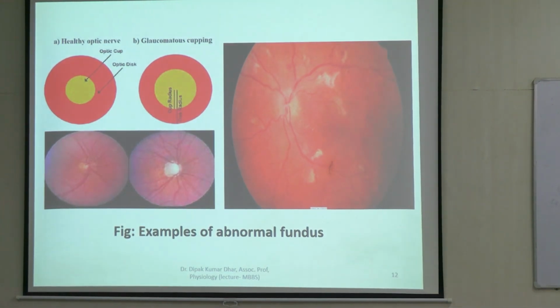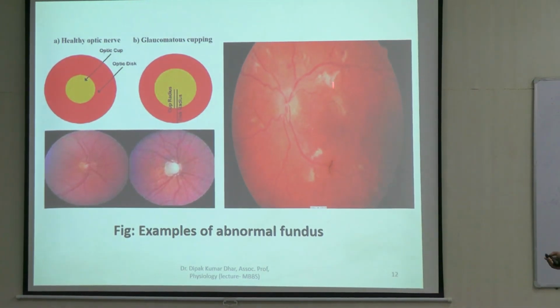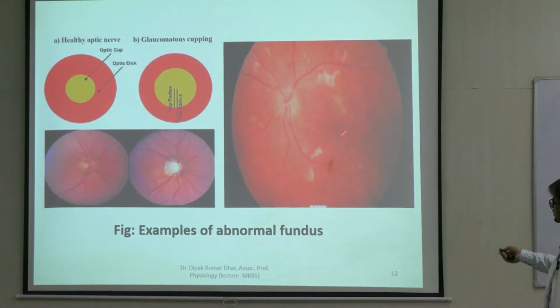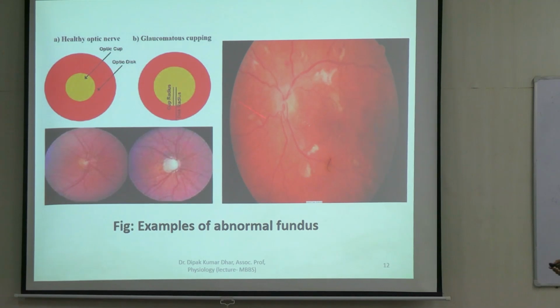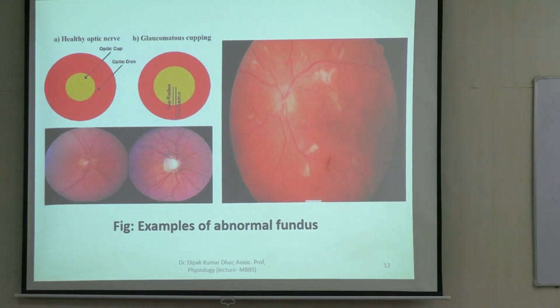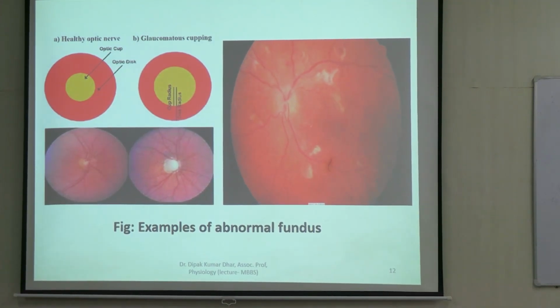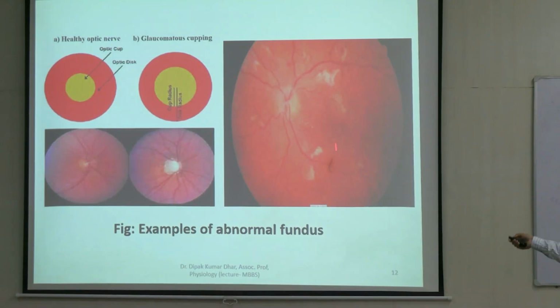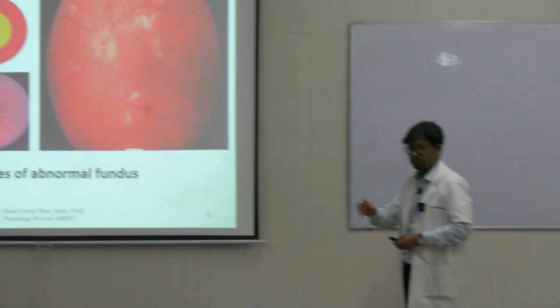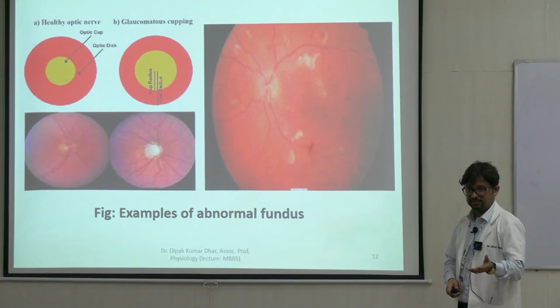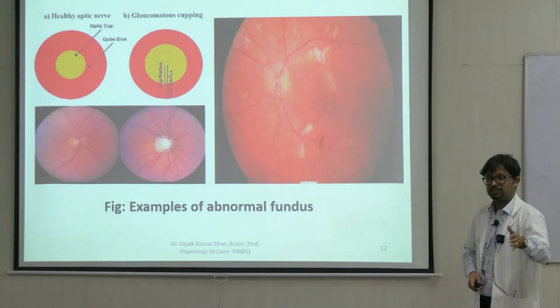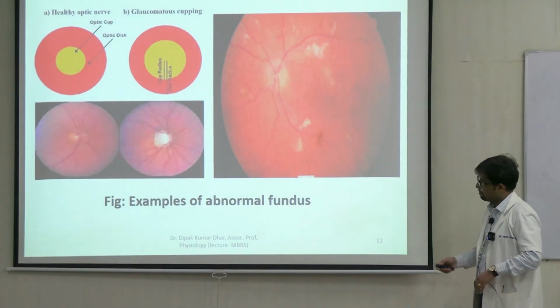Chronic diseases like diabetes. What you see here are hemorrhagic spots. So this is, which fundus can you guess? Left eye or right eye? This is the fundus of the left eye, right? These patches that you see are hemorrhagic spots. So this is a very obvious change, but even with an instrument, the ophthalmoscope, even finer changes can be detected, and one can know the severity of the affliction.